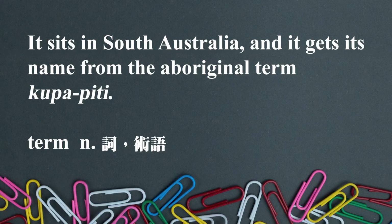好的，所以我们接下来呢，在 DAY1 的时候，我们讲到我们要去德国，那接下来我们要到世界的另一端了，那就表示很远很远的一个地方，另外有一个非常特殊的城镇，我们把它称之为库珀佩蒂。 And the town sits in South Australia, and it gets its name from the Aboriginal term